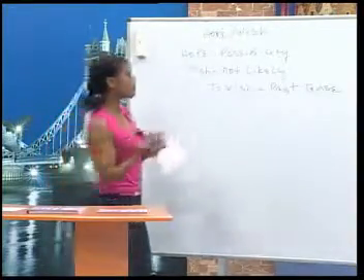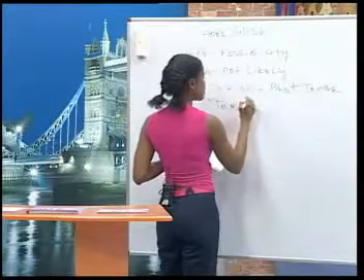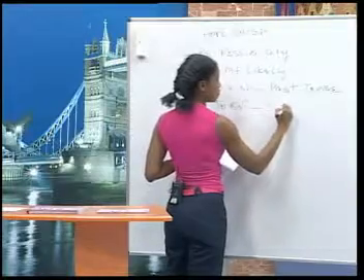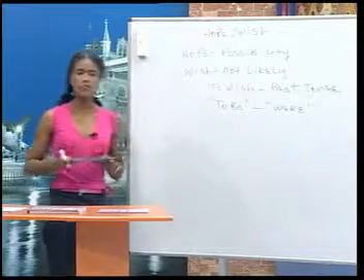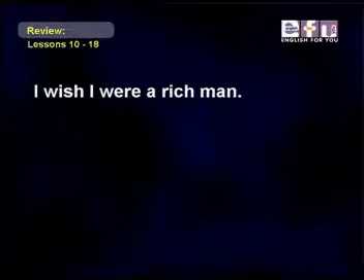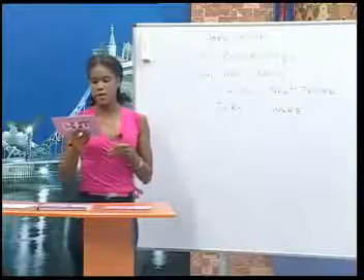Okay, when we use the verb to be after wish, it's always in the form of were, no matter the subject. For example, I wish I were a rich man. He wishes he were an Italian. Okay,